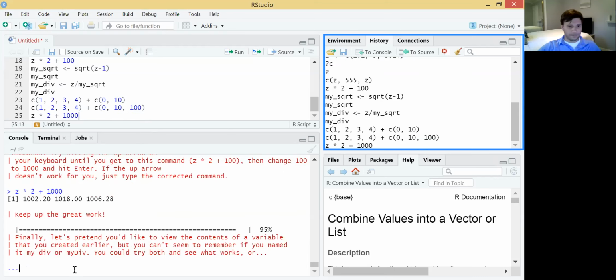And I run it. And boom, keep up the great work. Okay, 95% done. Finally, let's pretend you'd like to view the contents of a variable that you created earlier, but